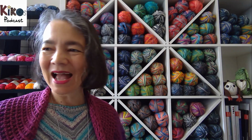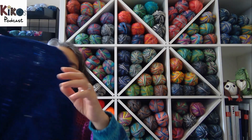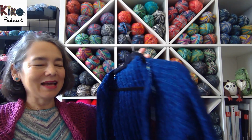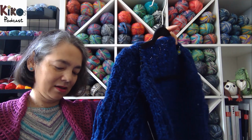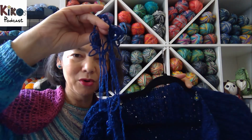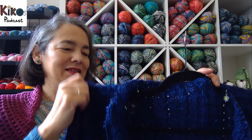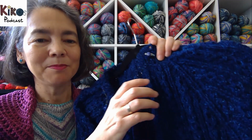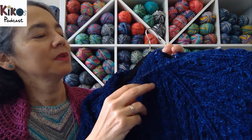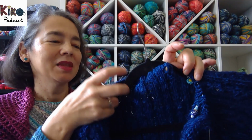Yeah, so that's that. Then the cardigan: I'm knitting a cardigan out of Noro Silk Garden Solo yarn, and I almost finished knitting the second to last ball of yarn that I have. That's all that's left, but I have finished all the decreases that I meant to do. So I'm at a point where I'm completely in pattern again with all my stitches,